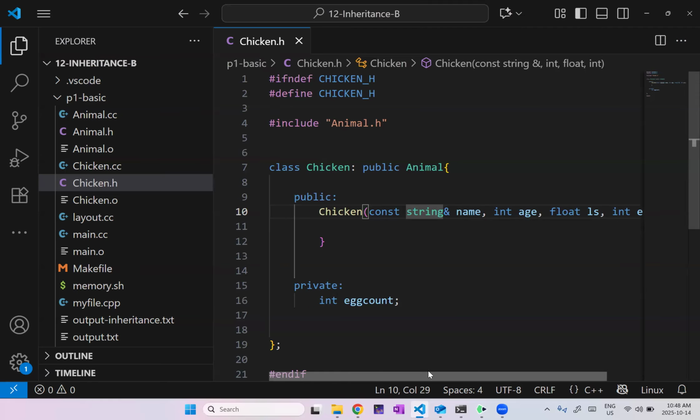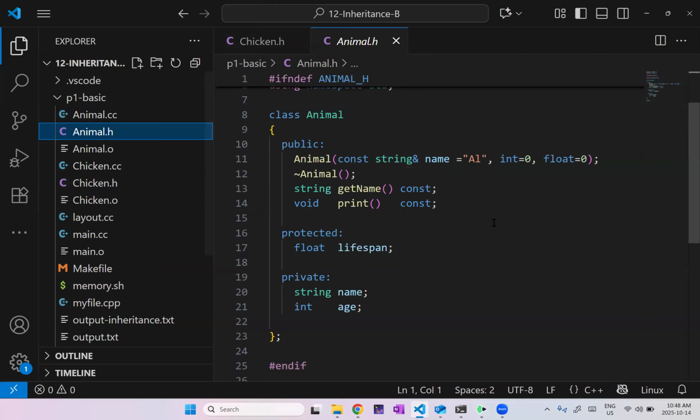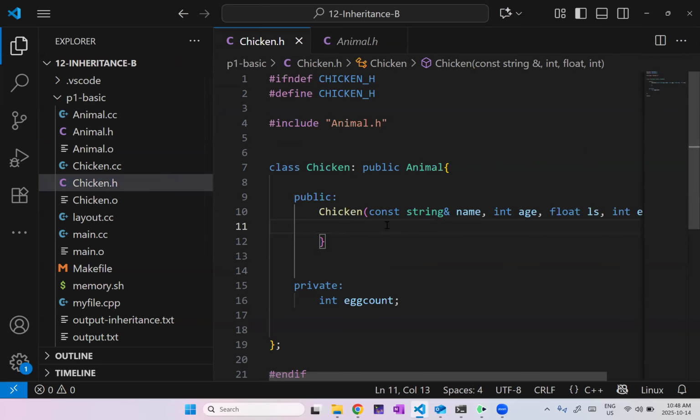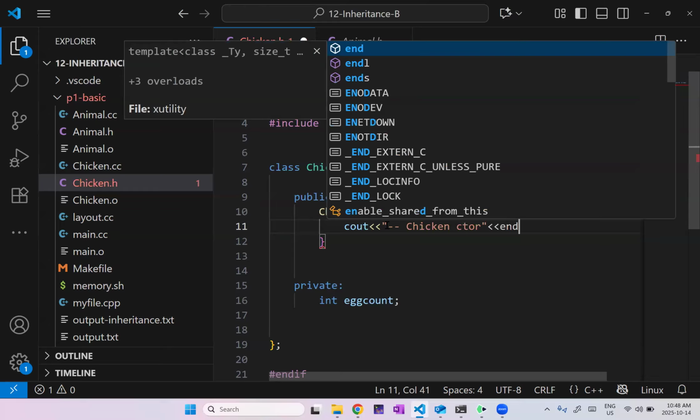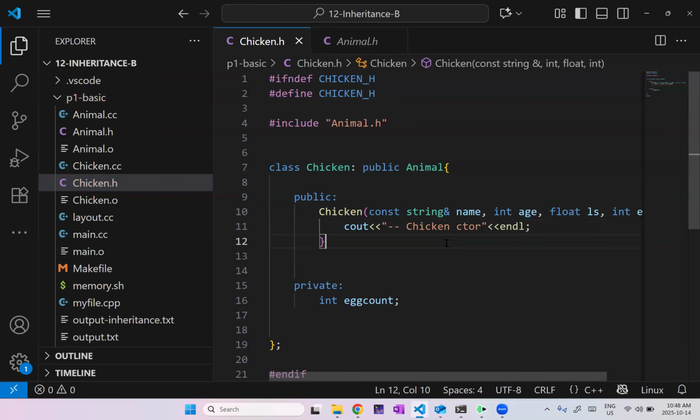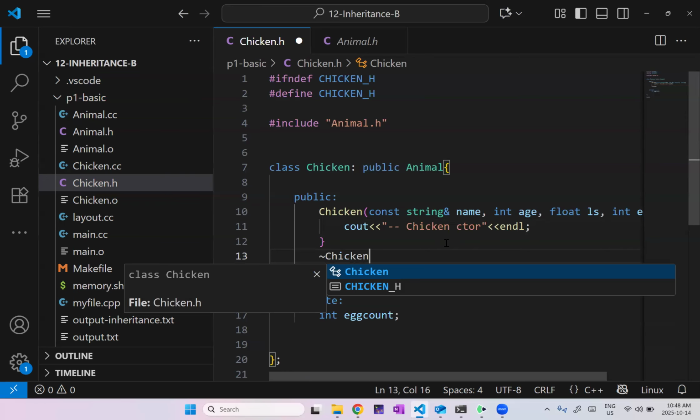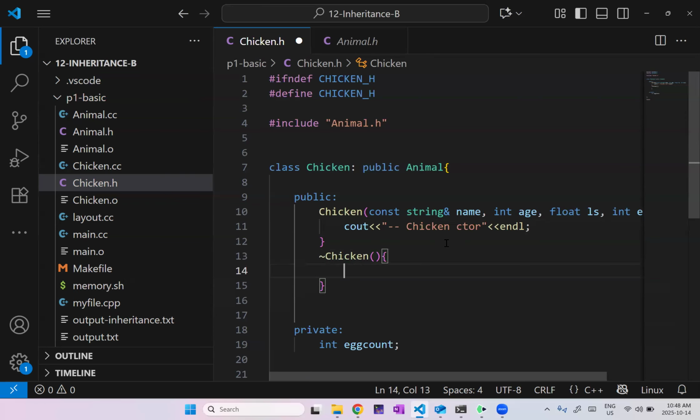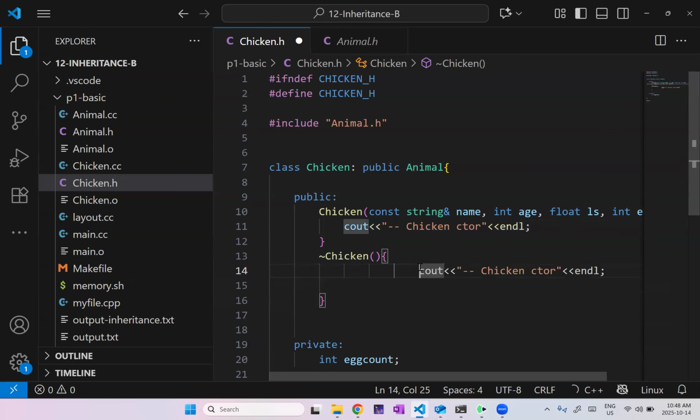Any other questions? Okay, so let's make a chicken. Already, if I look at my Animal class, let's see when this chicken is made, and let's also see when this chicken is destroyed. We'll get into things like initializing. We've got a bunch of problems to solve. But first,